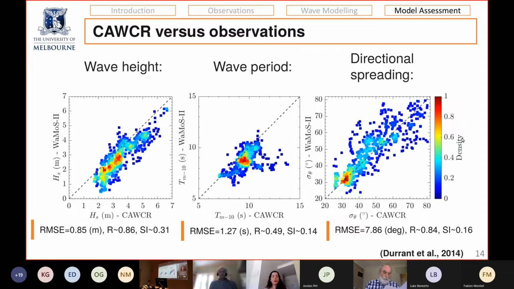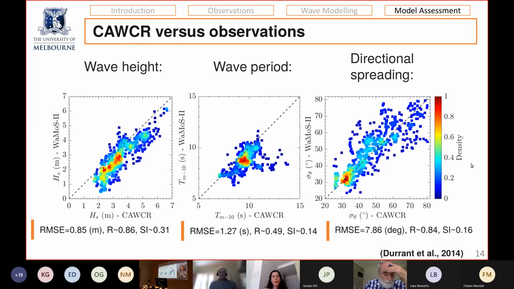One other thing that we were interested to look at was to see how other global wave models basically perform against our in situ observations. Here I have plotted the significant wave height, wave period, and directional spreading from CAWCR hindcast, which is a hindcast that's used for marine forecast at the Australian Bureau of Meteorology. As you can see, the directional spreading is pretty good. The significant wave height and the mean wave period are